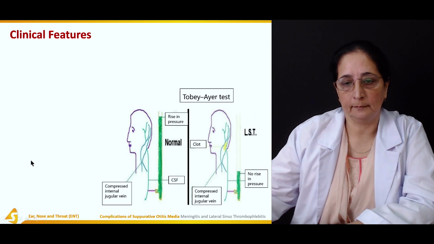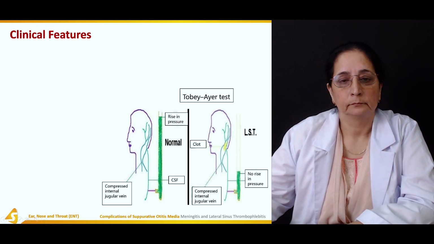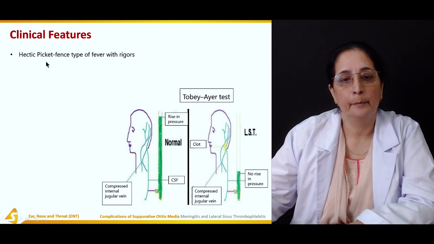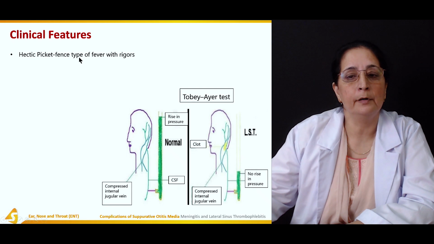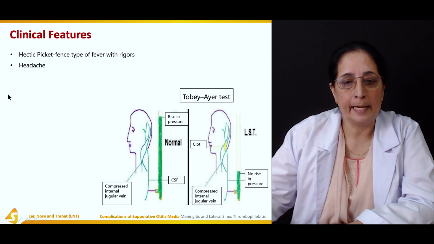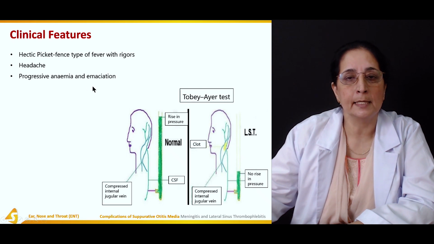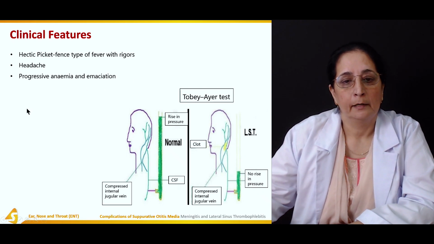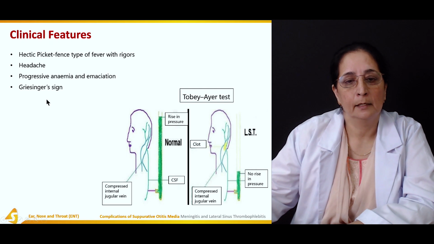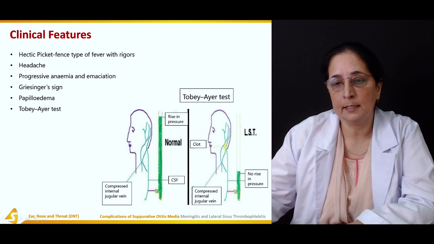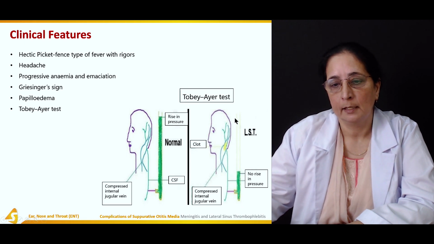Clinical features. Here, the clinical features are hectic, picket fence type fever with rigors, headache, progressive anemia and emaciation, Griesinger's sign, papilledema, Tobey-Ayer test, and in the Tobey-Ayer test